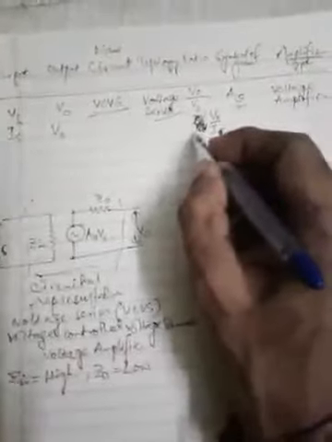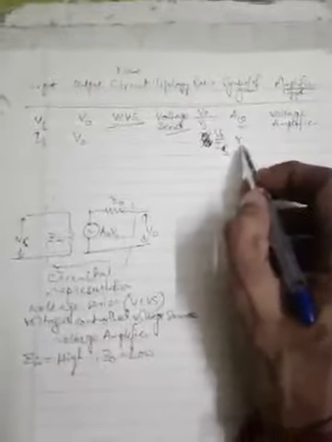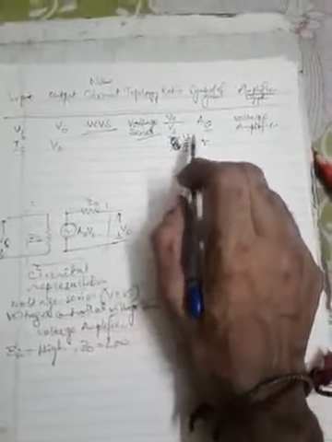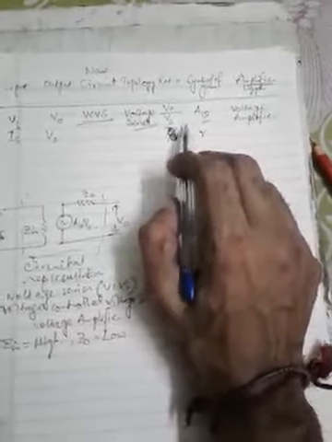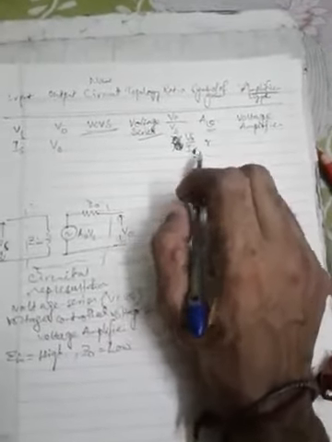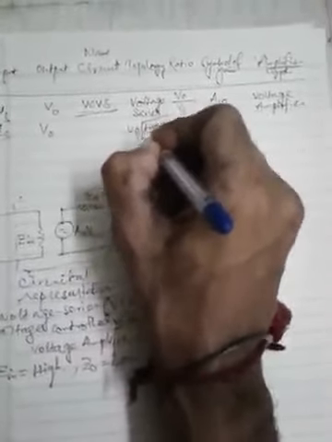So this is VO by Is. VO by Is means the symbol of gain should be V by I, meaning it is denoting resistance. So we are denoting it by R. And this type of configuration, whose output is a voltage and input is a current, and the gain is expressed as the ratio between the output voltage and input current, this type of feedback, this topology, is called voltage shunt topology. So this is voltage shunt topology.